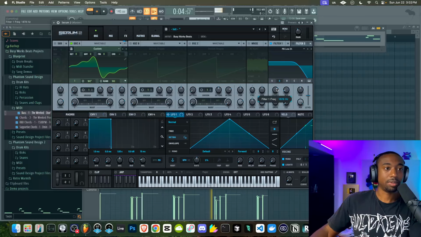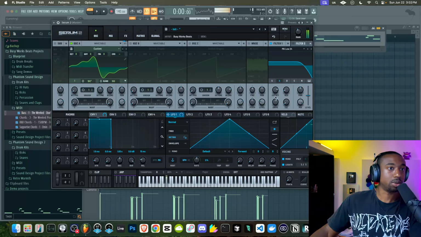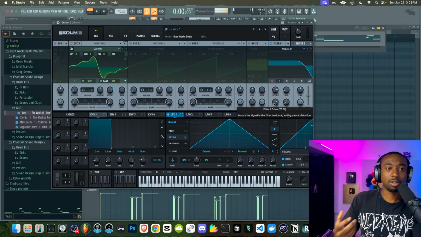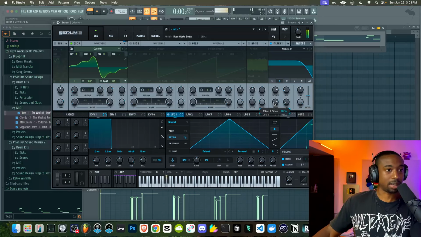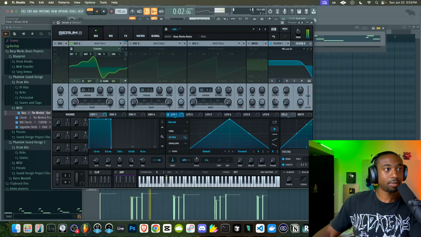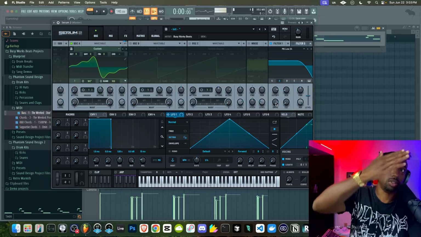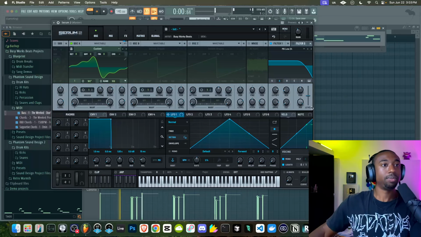And now we can open up the filter without it getting too bitey. And then we can use the drive knob to add more saturation into the sound. So it still has that saw feel, but it's not saw bitey and aggressive like digital stuff. So a lot of the analog that you guys love, it's saturated. It's just not saturated to the level of where it's hundreds of harmonics.